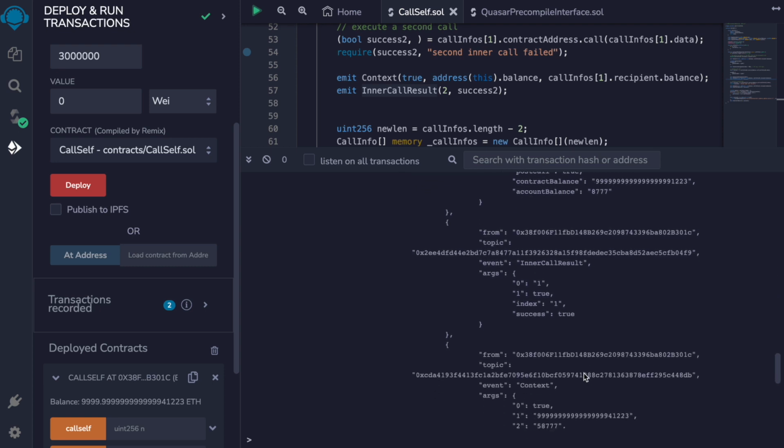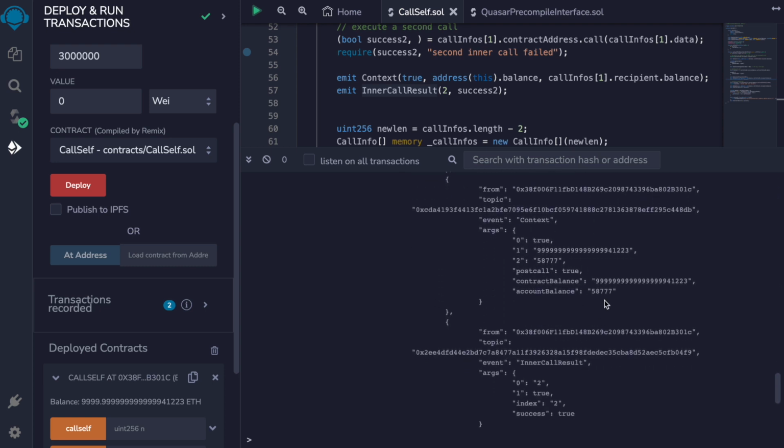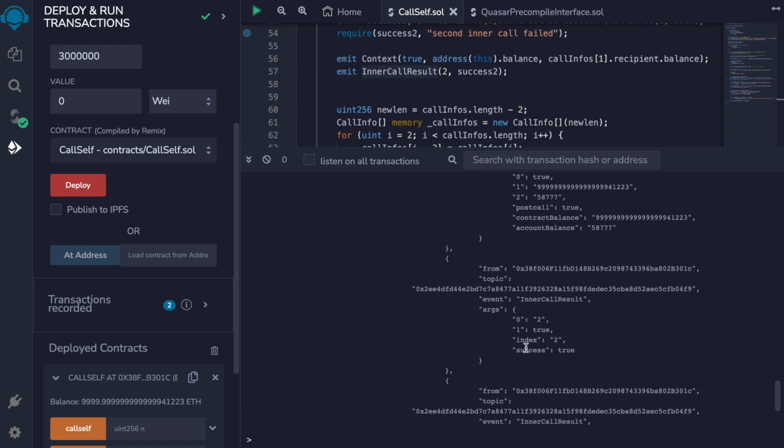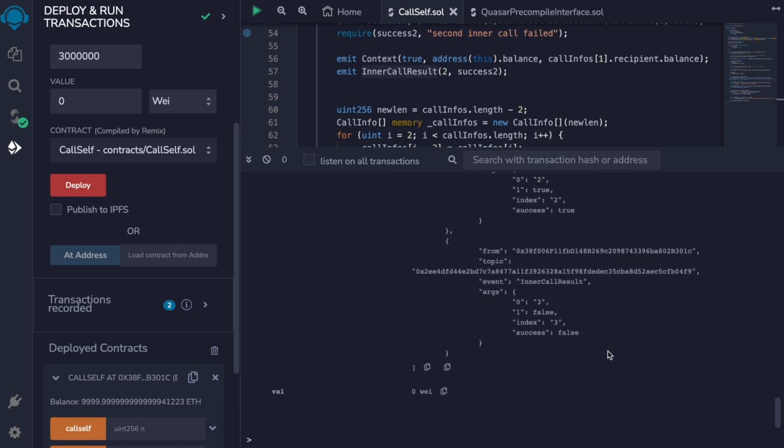So the next one is the account has 50,000 token units more than it had before, and this amount was subtracted from the contract balance. Again, an inner call result that was successful, which is what we expect.